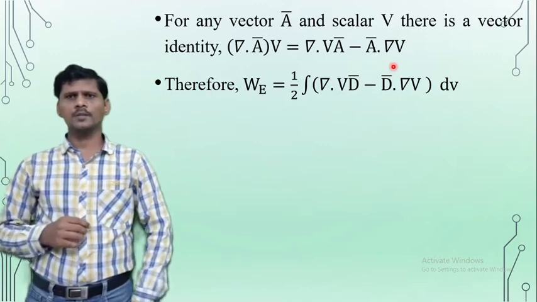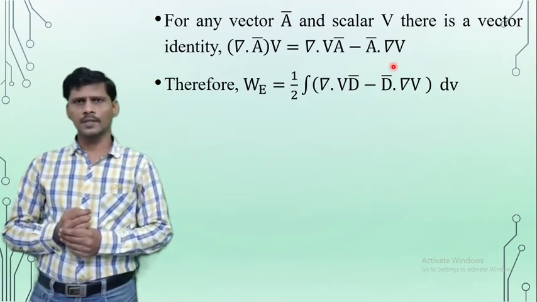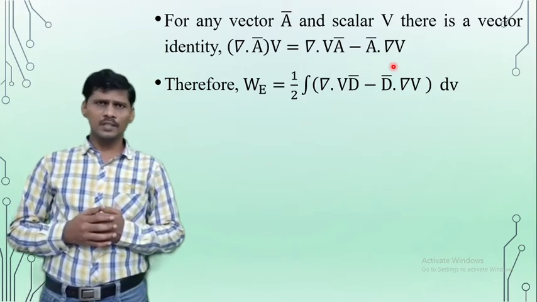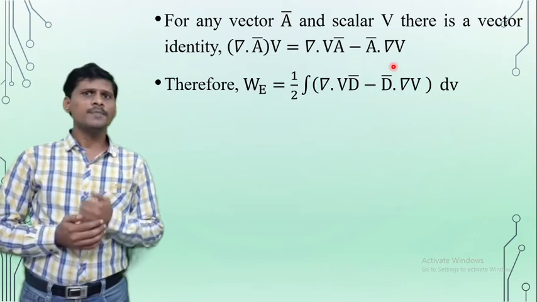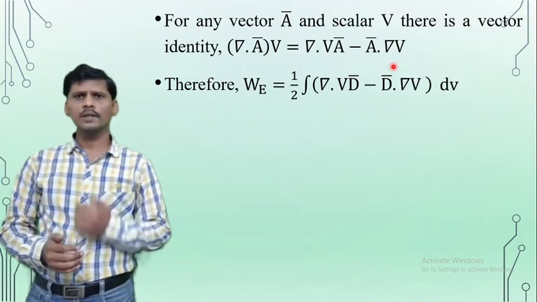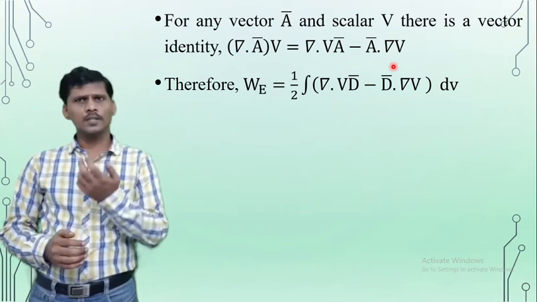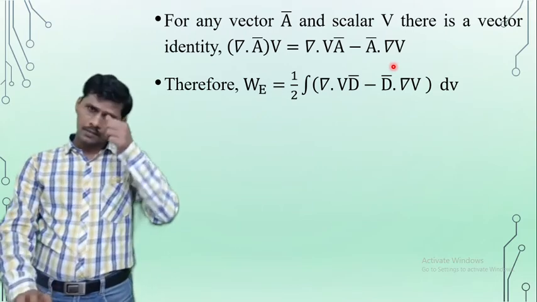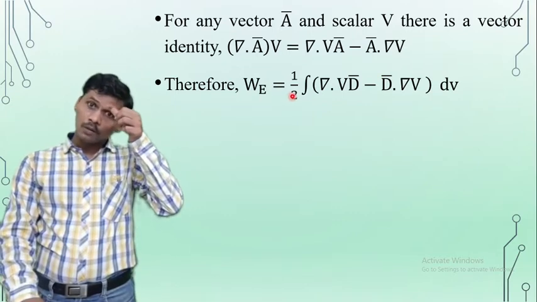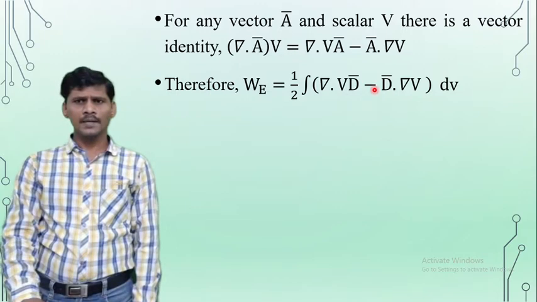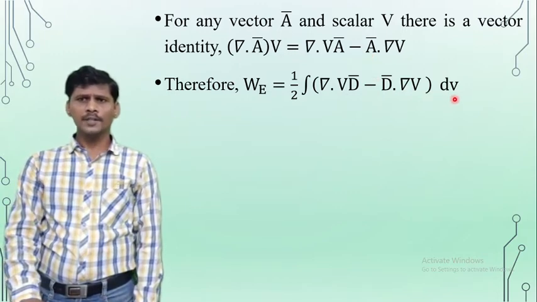In the above expression, in del dot D bar into V, D bar is the vector quantity, that is electric flux density, and electric potential V is the scalar quantity. So using this vector identity, the above expression del dot D bar into V can be written as W is equal to 1 by 2 volume integral of del dot VD bar minus D bar dot del V into